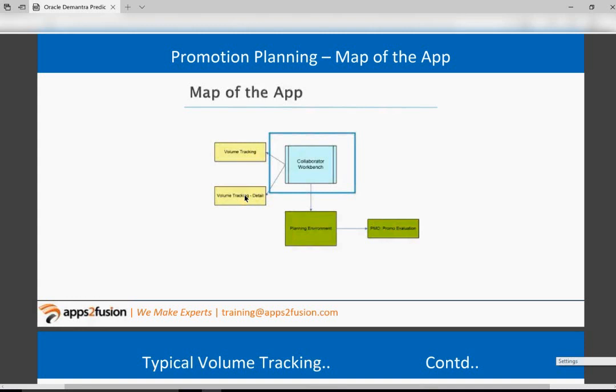However, there could be several different scenarios, based on the business process of a particular client, in how they want to approach and arrive at a consensus forecast number. So the important thing to note in PTP is that the engine generates two outputs instead of one, which are the base forecast and the incremental forecast. These two forecasts are actually different.